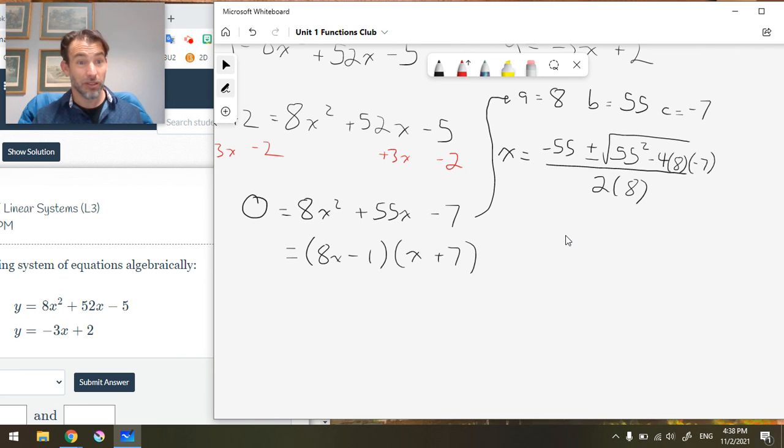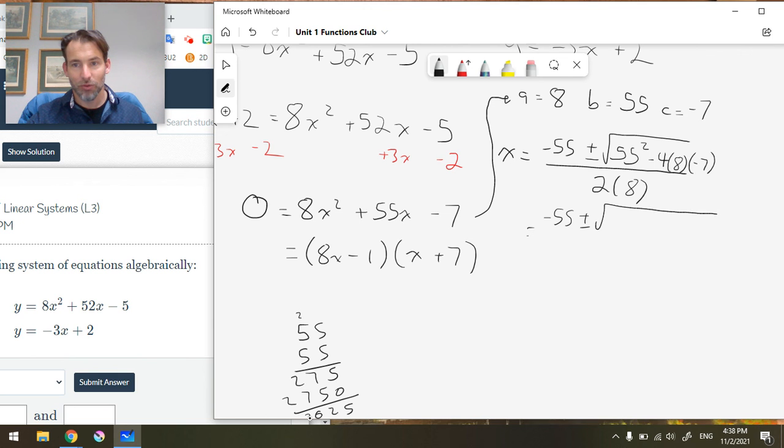55 squared? My goodness, you want me to do that? I suppose I could. You could do that on a calculator, or you could do it longhand, right? 5 times 5 is 25, carry the 2. 5 times 5 is 25, so this is 275, then 2,750, and that's 3025. Equals negative 55 plus or minus the square root of